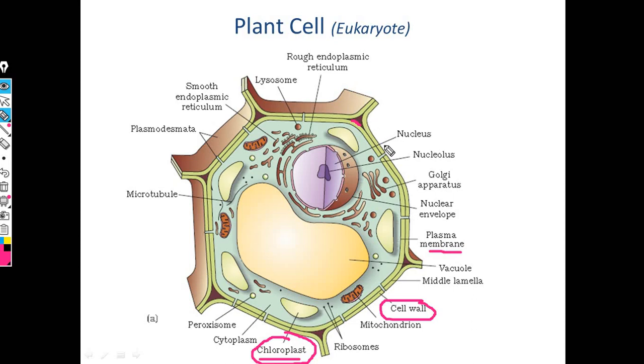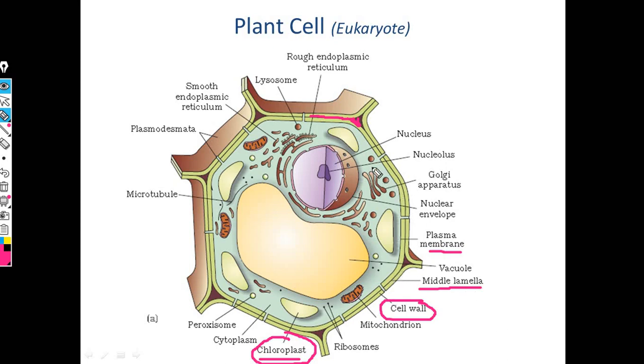Now this is an adjacent cell, a neighboring cell. Here also a neighboring cell is there. These two neighboring cells are glued with some material, what you call the plant cement material, and that is called the middle lamella. So the middle lamella is a structure which glues, which sticks these two adjacent cells, and that's why it is called middle. Lamella means a layer. So it is a middle layer, or a plant cementing material, made up of calcium and magnesium pectate. That is the middle lamella.